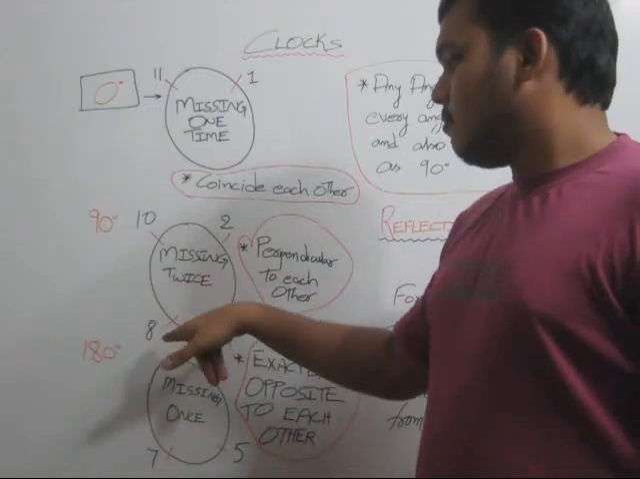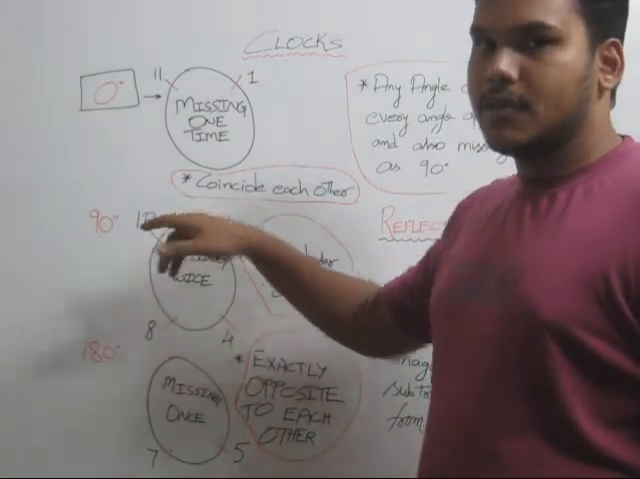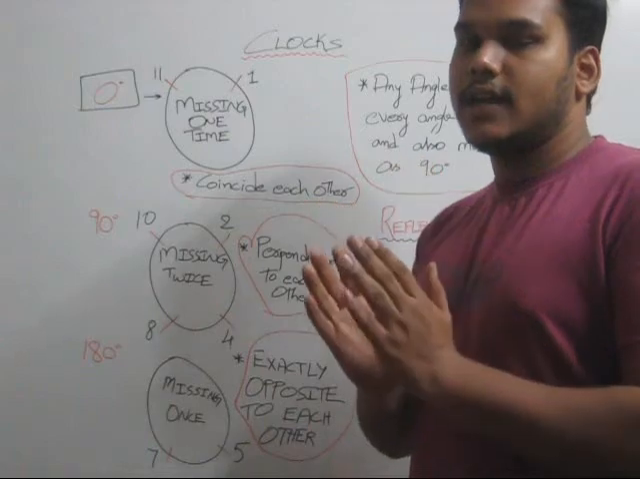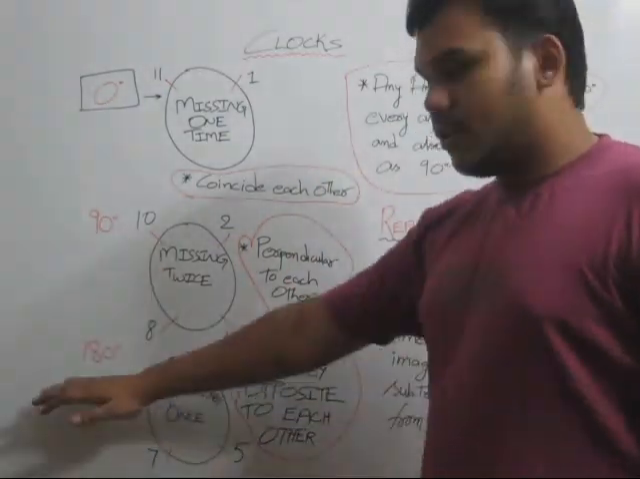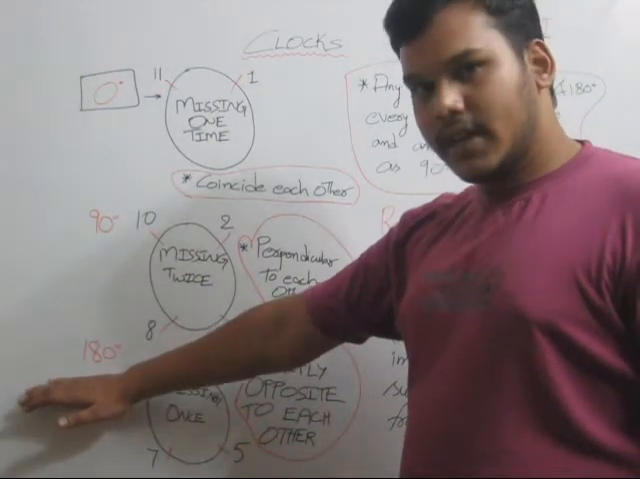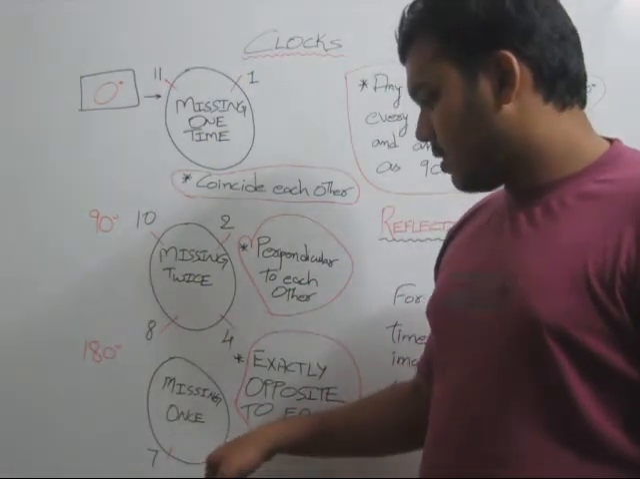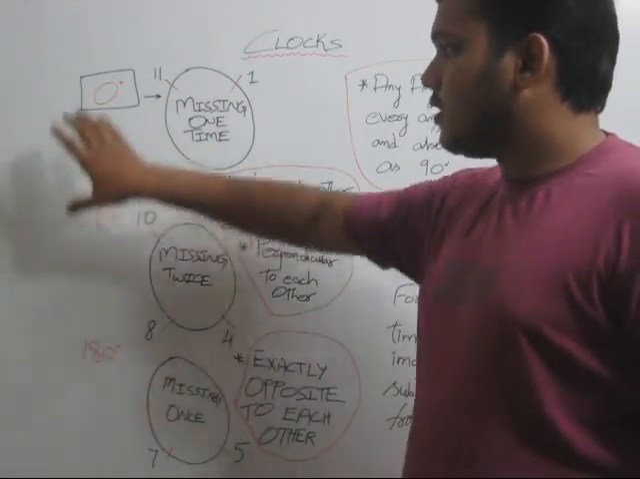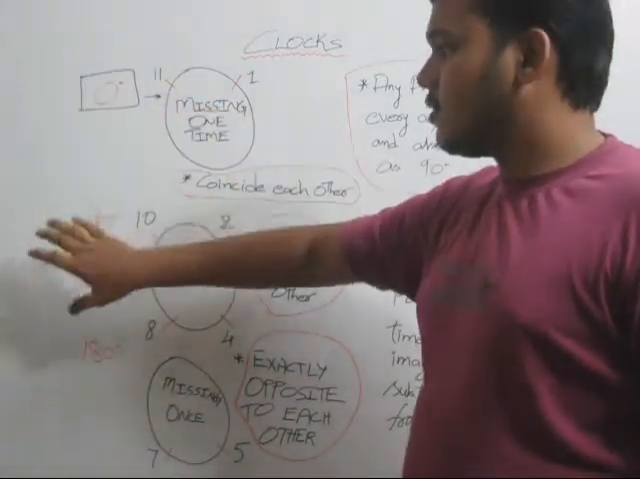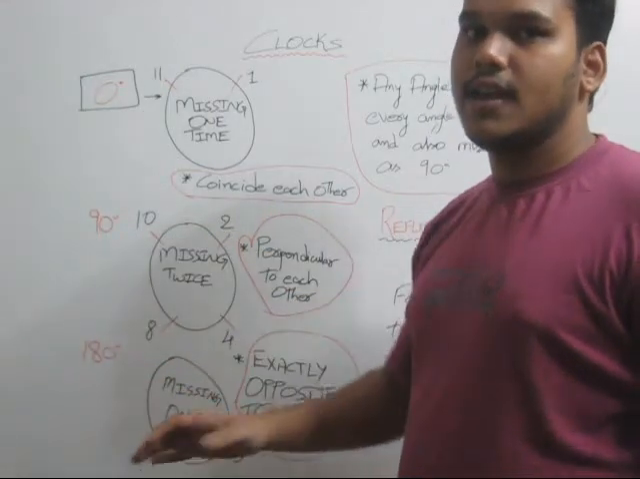This means that between these two times we cannot observe the angle between the minute hand and hour hand as 90 degrees. In a similar way, for 180 degrees the missing time would be 5 and 7. In this way we can represent the important points regarding 0 degrees, 90 degrees and 180 degrees, and